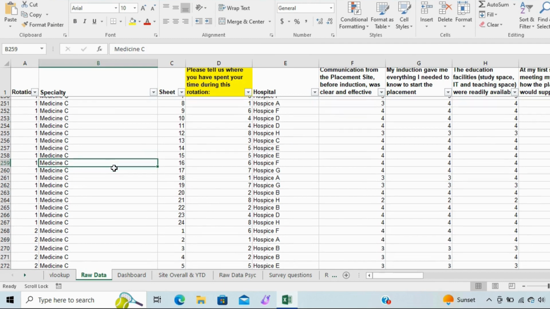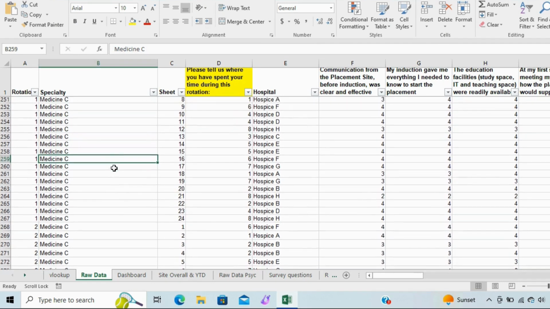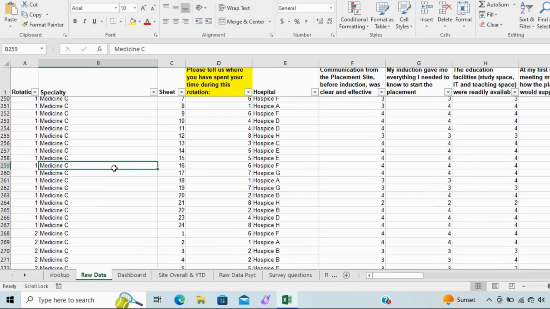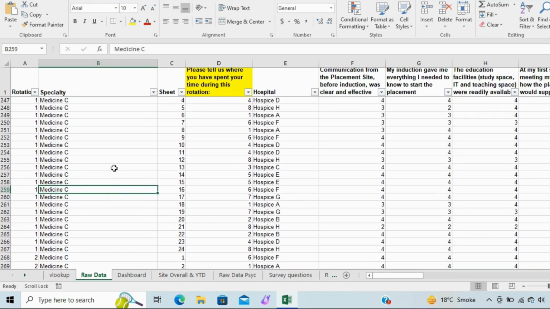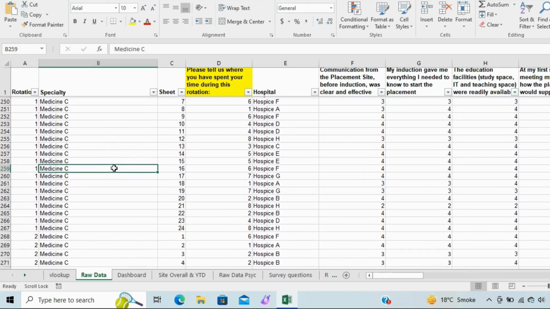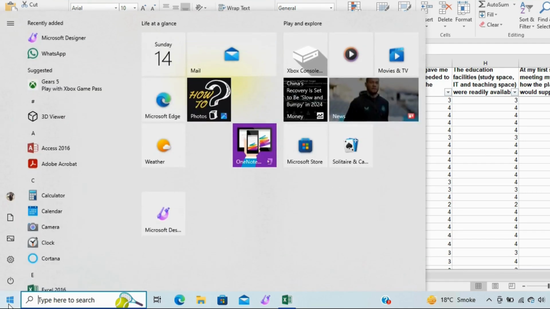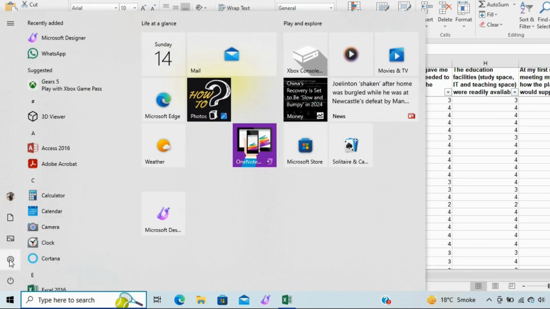If you are unable to move between your cells with the up and down keys, but it is scrolling, then this video is for you. It is due to your Scroll Lock being on. So turn it off. You have to go to Start, click on Start in Windows 10, then go to